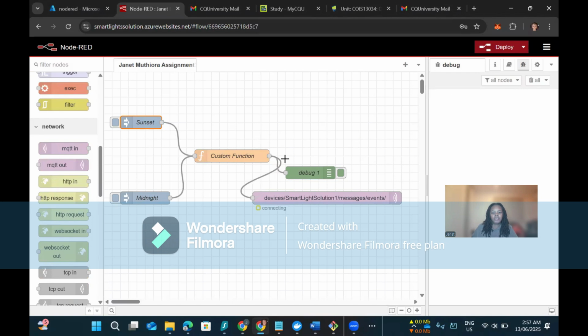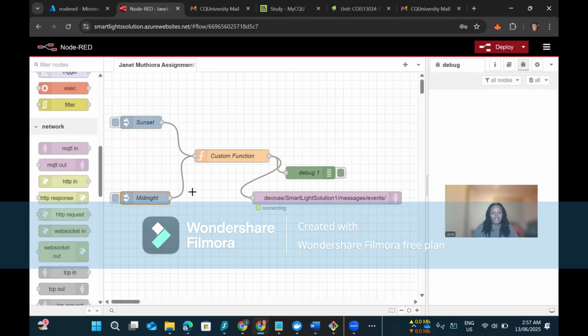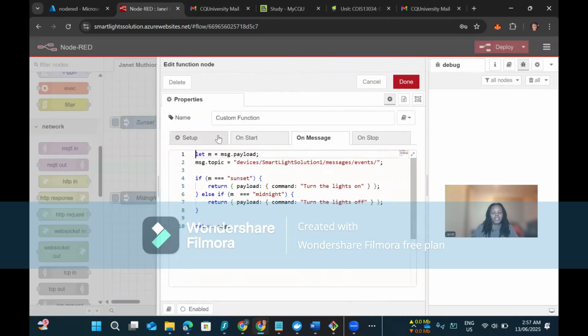This was an error before, but once it was corrected to JSON, we managed to have communication. Then we put two nodes to trigger or to simulate sensors. One is sunset and the other one is midnight. Sunset has the same type of payload but says data turn off. Sorry, midnight. And then we created a custom message whereby it just says the message topic,